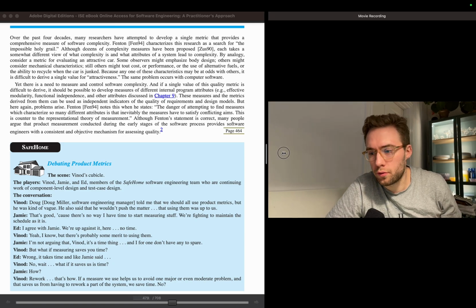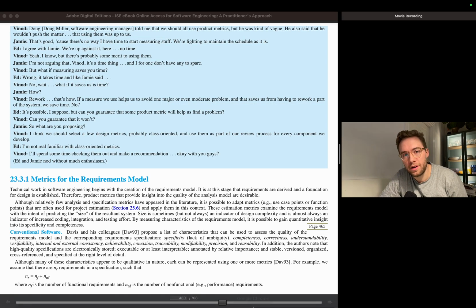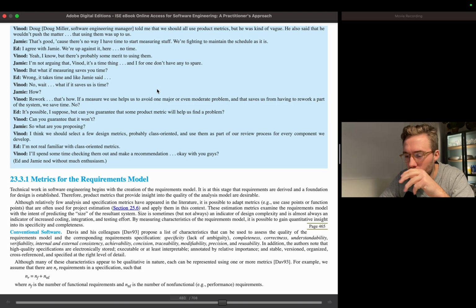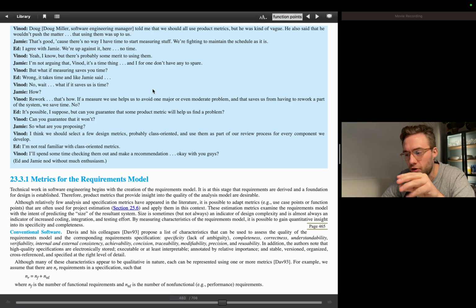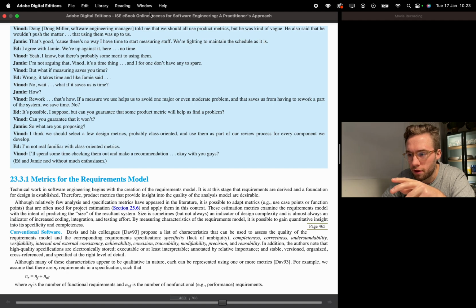Showing you how I will be generating some function points for my project here. Let's get going. I hope you're familiar with function points. First of all, I'll be searching my literature, and my literature is this Pressman book,